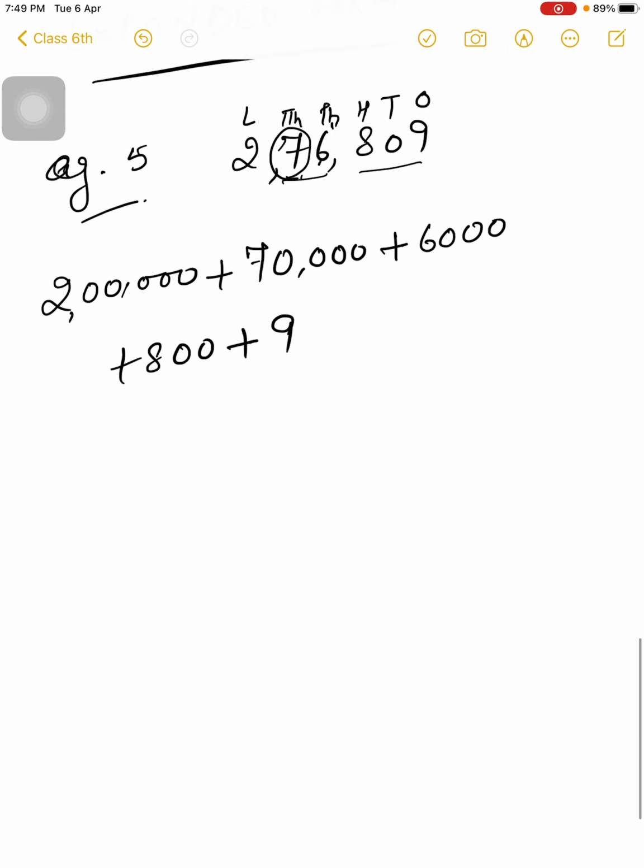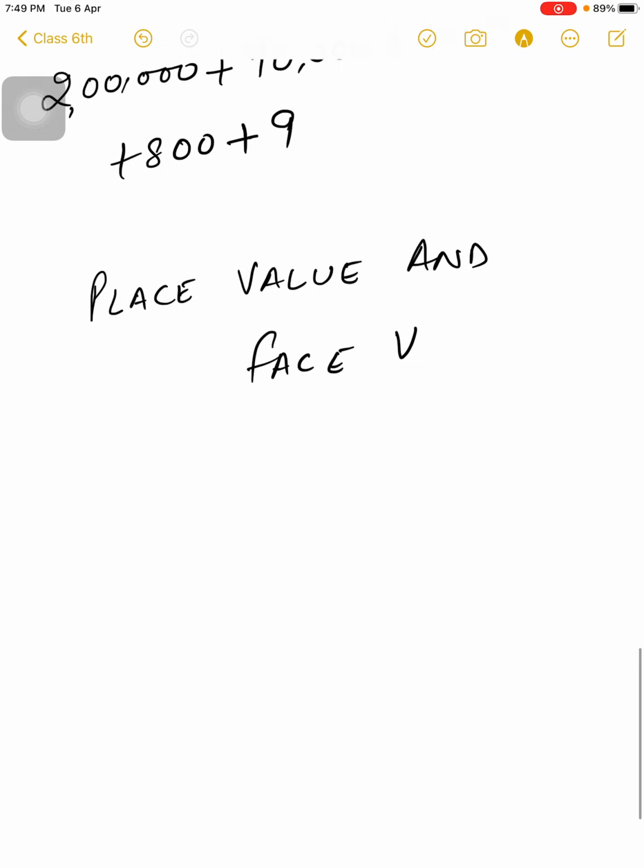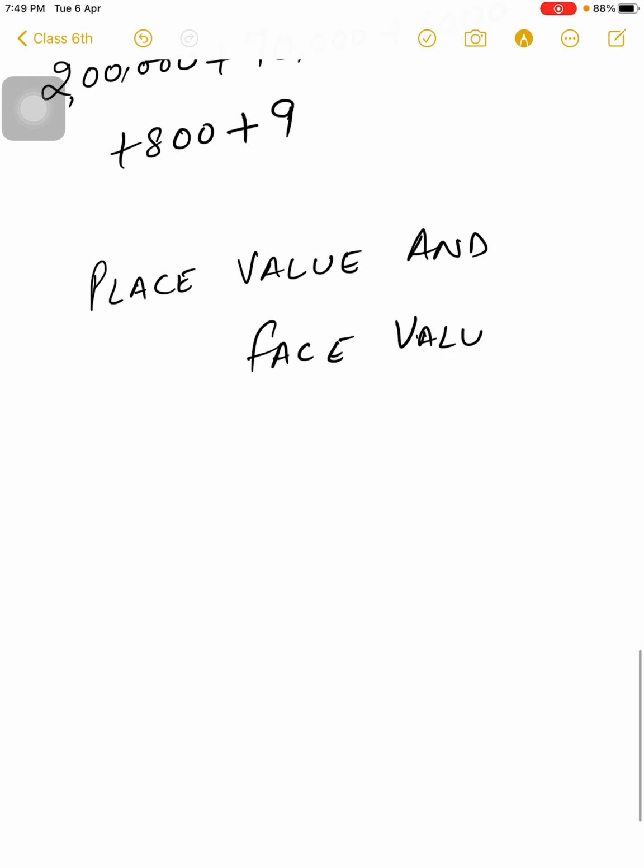Now the next topic is place value and face value. So try to understand. I am taking an example, example number 6.